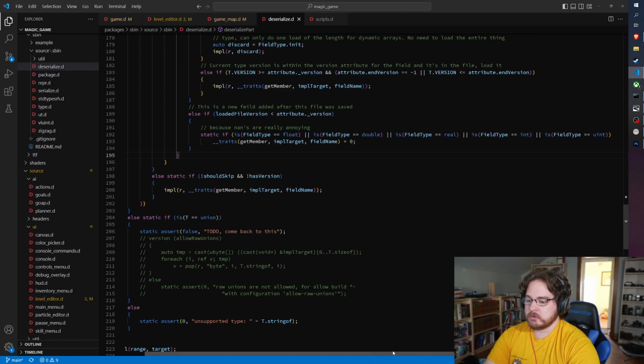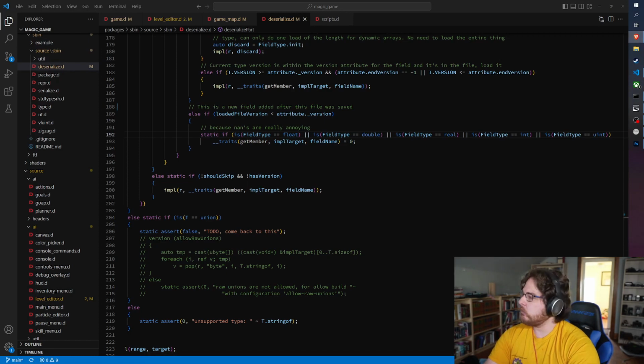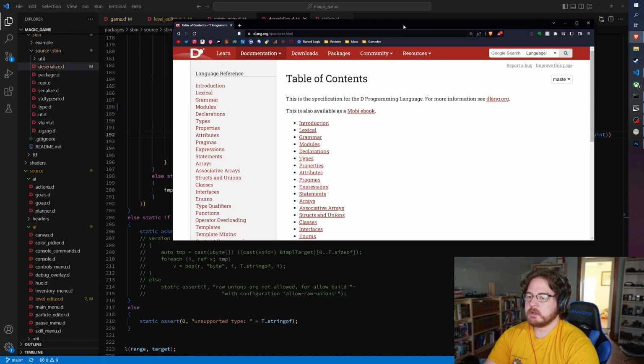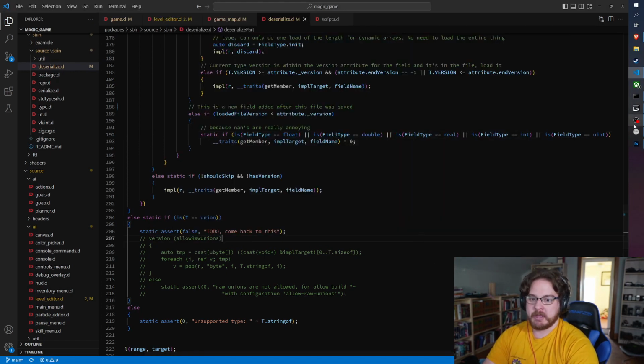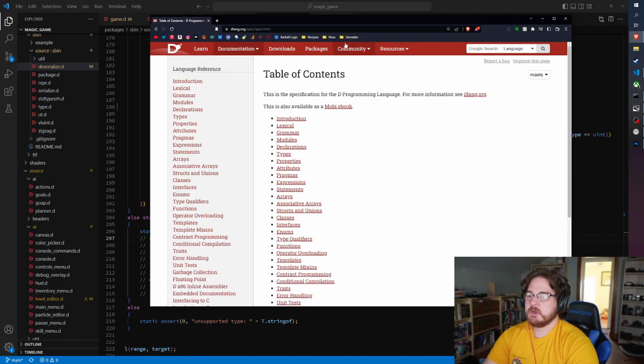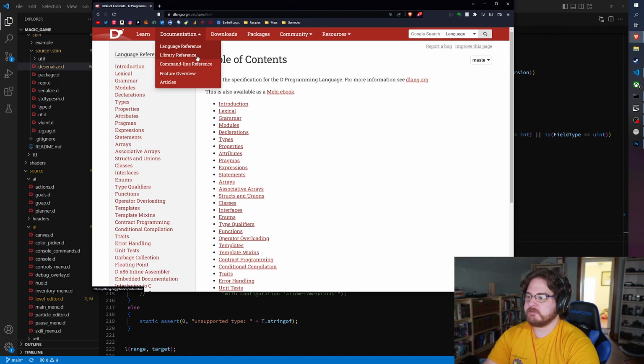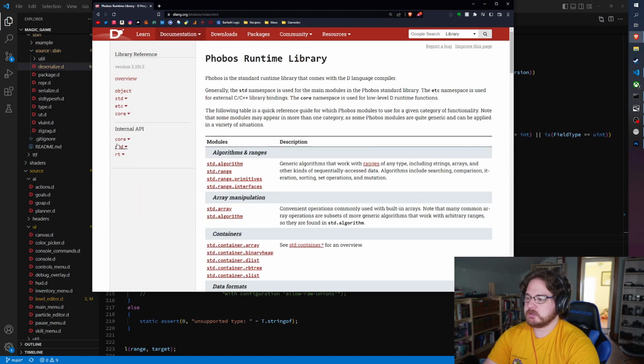Okay, and essentially what this is saying is, if a new field was added, we're going to zero out, but for a long list of reasons that I really don't want to get into, we're only doing it in specific cases. And one of the specific cases I want to add is if it's an enum and the enum converts to an integer type. So we need a compile time analysis template which tells us what type of value the enum is. So you need to go to std